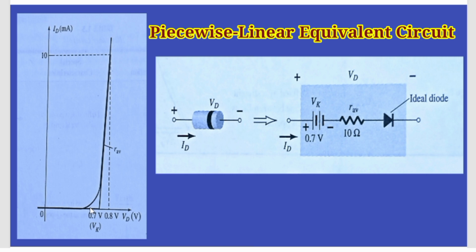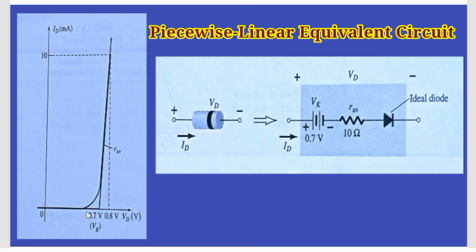For the sloping section of the equivalent, the average AC resistance is the resistance level appearing in the equivalent circuit. In essence, it defines the resistance level of the device when it is in the on state. The ideal diode is included to establish that there is only one direction of conduction through the device, and a reverse bias condition will result in the open circuit state for the device.